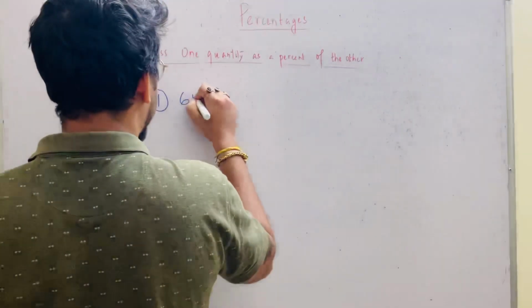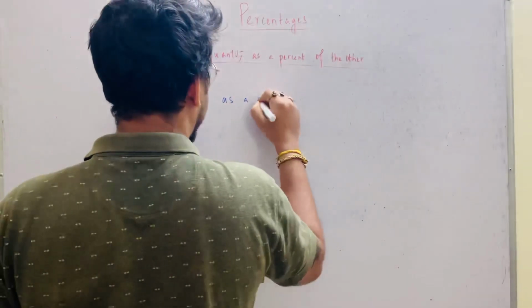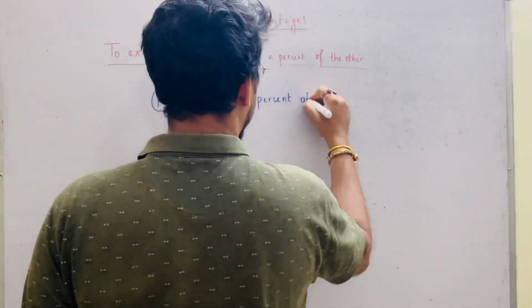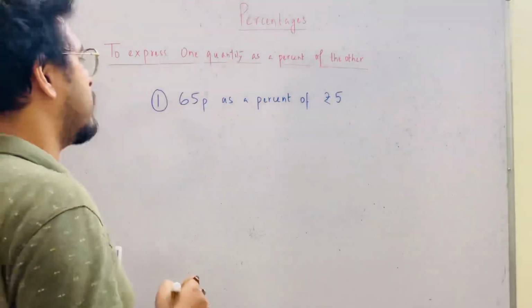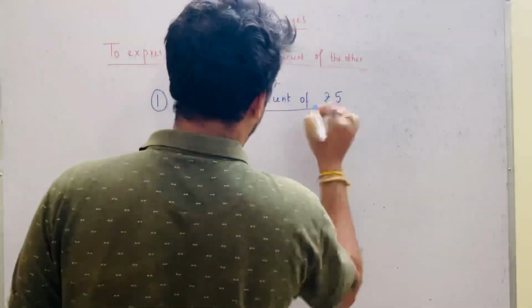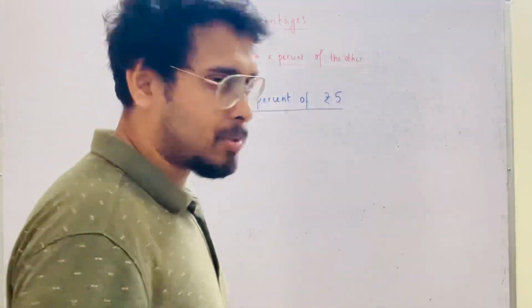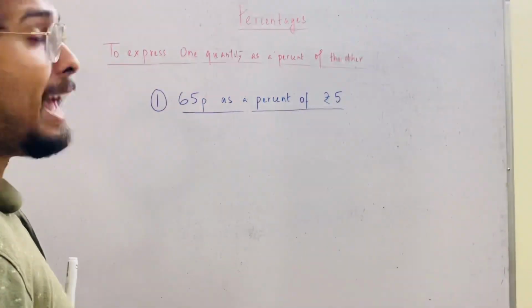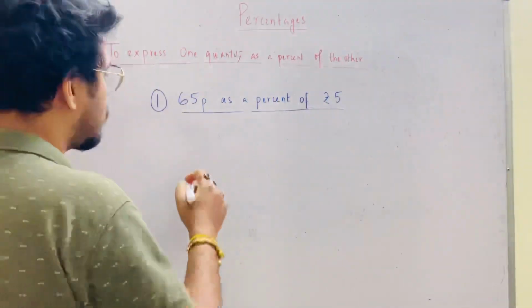Let us say 65 paisa as a percent of rupees 5. So how will we find out the percentage? The question tells us 65 paisa is what percent of rupees 5. So we will take 65 paisa as x percent of rupees 5, where x is the quantity that we want to find out. So we can write